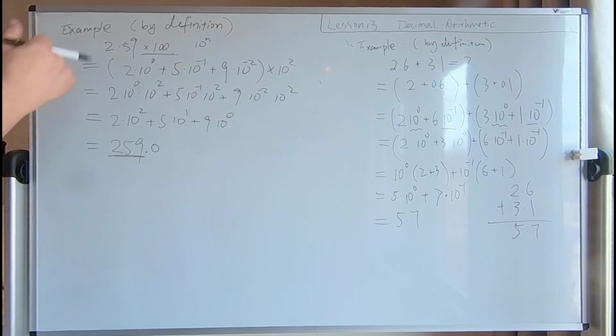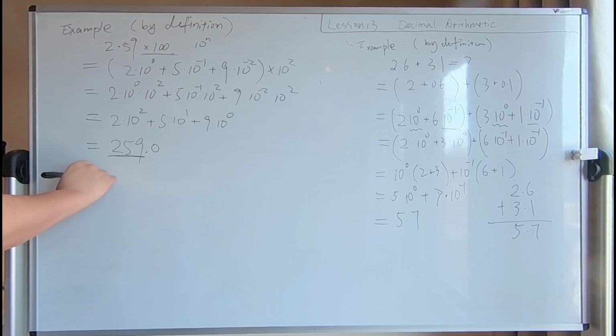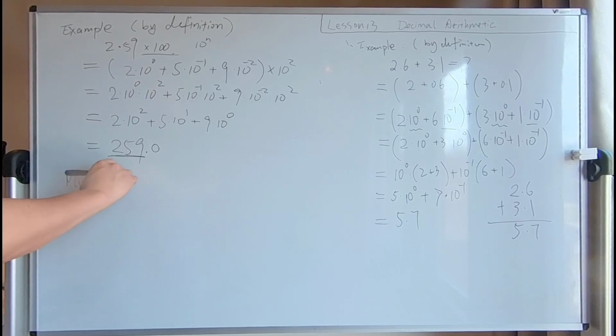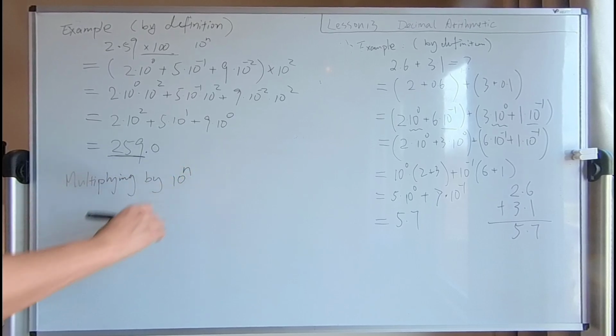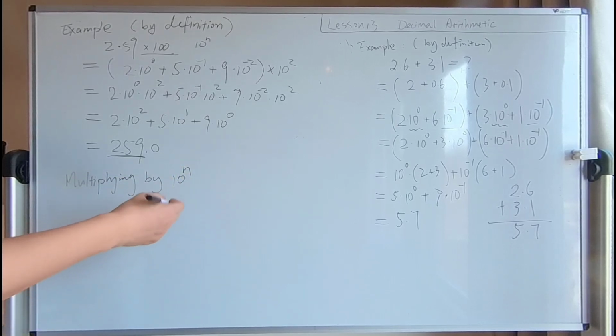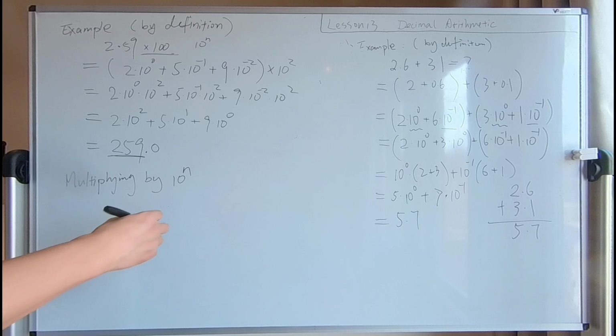So you're actually moving the dot without changing any other numbers. So what we can conclude from here is that multiplying by 10 to the nth power, basically any power of 10,